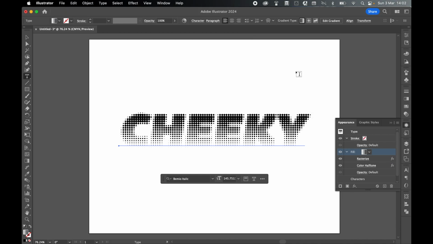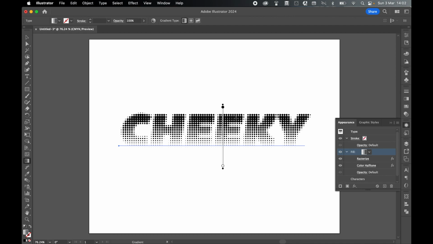And there is my halftone effect applied to the text. If I press G for gradient tool, I then bring up the gradient slider and I can now make changes to the effect by increasing or decreasing the slider. So for example, say I click and drag